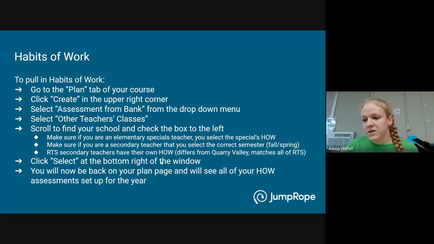The other nice thing is you only really have to do all of this setup at the beginning of the year. If you are at one of the high schools using semesters, when you change classes for the spring, you can either set those up now or in January. But that's it. You don't have to keep coming back to this process over and over.